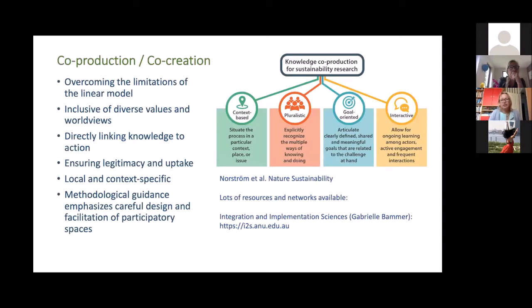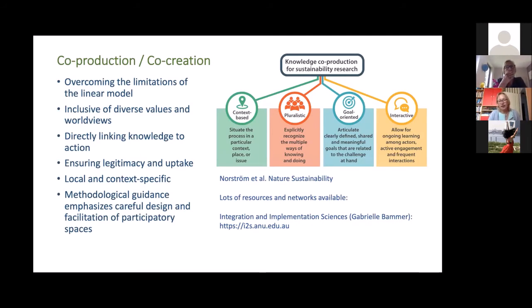So the idea of co-production or co-creation, for the moment, I'd like to take them as sort of similar, is that you have a participatory approach to knowledge production, which actually tries to overcome the limitations of the linear model by linking knowledge to action. What is important is that in co-production,